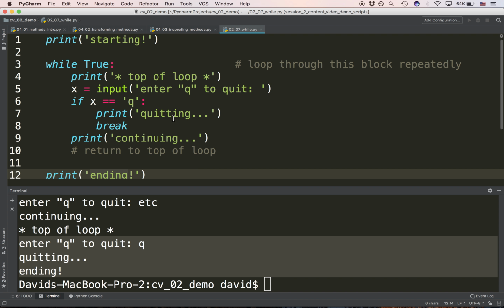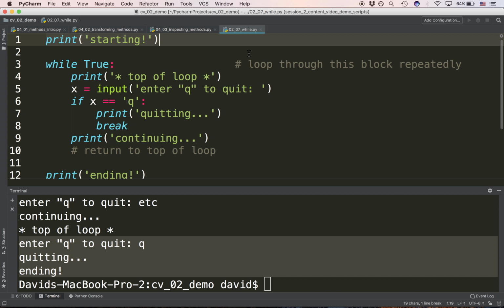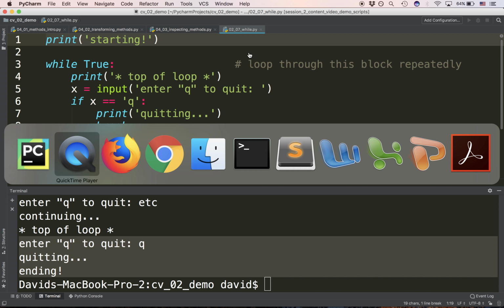Now let's talk about what this is for. The while loop is for situations in which you don't know how many times you want to do something, but you will know when it's time to stop doing it. We'll have to see some examples, but in the homework, if we look at the homework,